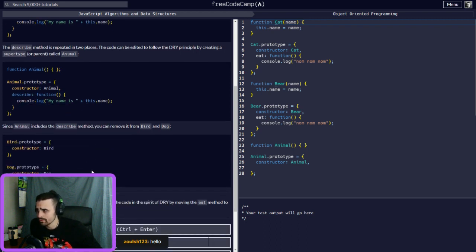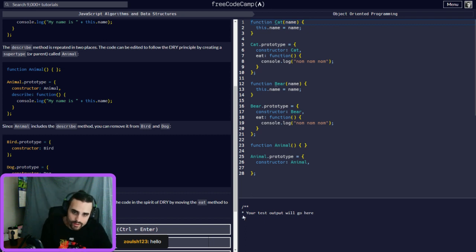Since Animal includes the describe method, you can remove it from Bird and Dog. So now you just have a constructor of Bird, and you can have a constructor of Dog. The eat method is repeated in both Cat and Bear. So edit the code in the spirit of DRY by moving the eat method to the Animal supertype.